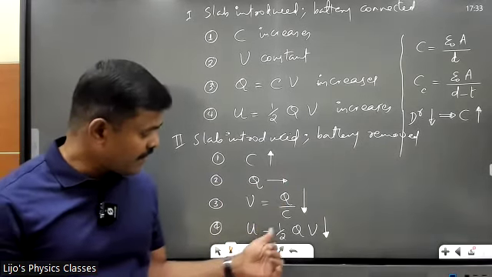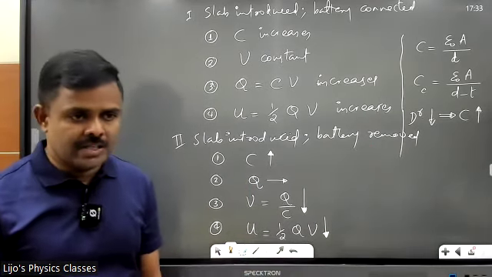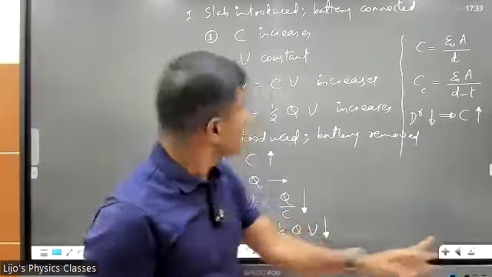Last one, energy is half into Q into V. Q is constant, but V decreases, energy will decrease, right? So let us make it quick. Third case,